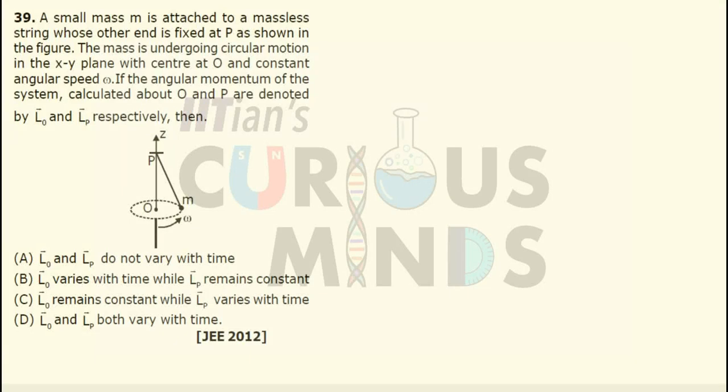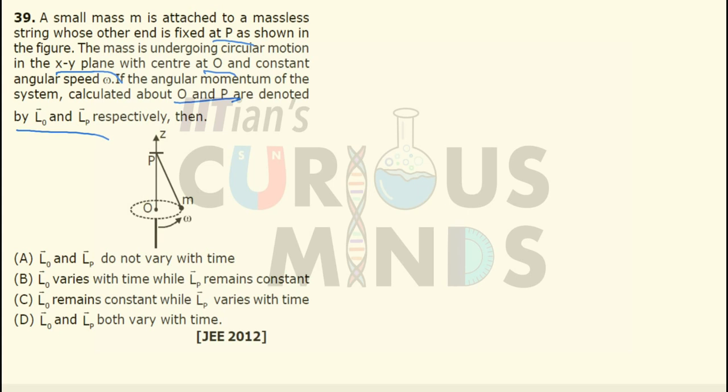Mass m is attached to a massless string whose other end is fixed at point P as shown in the figure. The mass is undergoing circular motion in the xy plane about the center O at constant angular speed omega. If the angular momentum of the system, calculated about O and P, is given as LO and LP in vector form, then LO and LP will